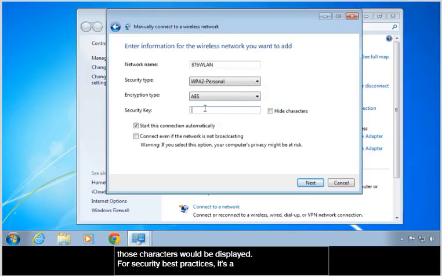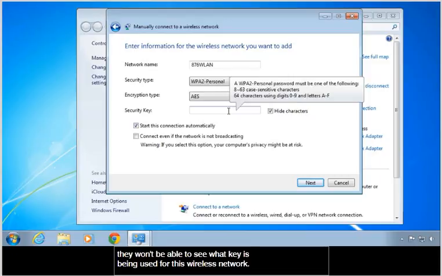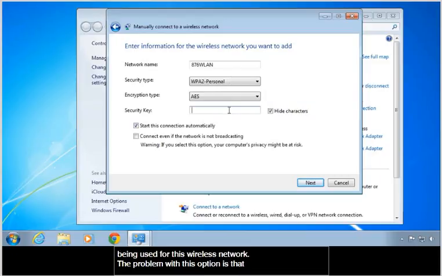For security best practices, it's a really good idea to turn on the option here to hide the characters. So in case somebody's shoulder surfing, they won't be able to see what key is being used for this wireless network. The problem with this option is that it makes it really difficult for some users to get the right